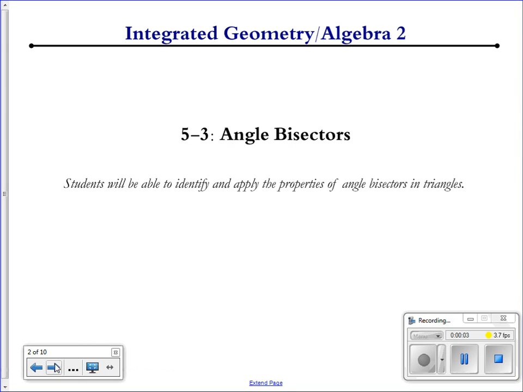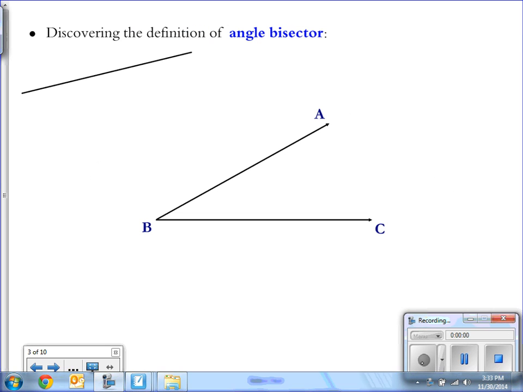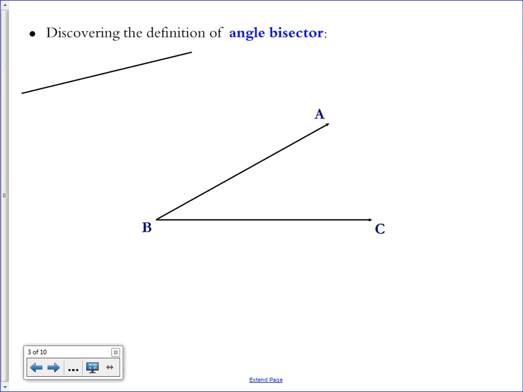This video is about angle bisectors in triangles. So we want to start by discovering the definition of an angle bisector. Here drawn on this picture I have the angle ABC, and I want to cut the angle in half. So the angle is that space in there at B in between the two sides of this angle. And I want to cut that space in half by dragging this segment in and making it split the angle